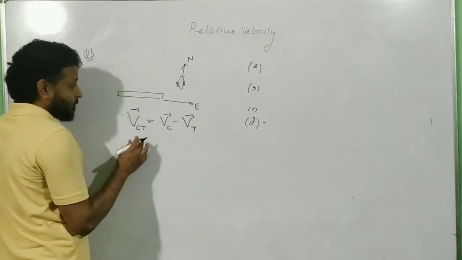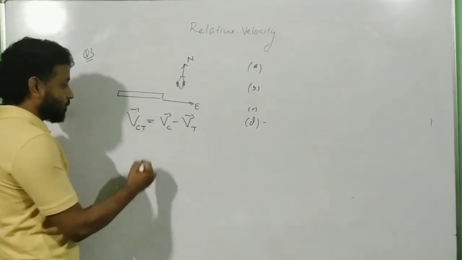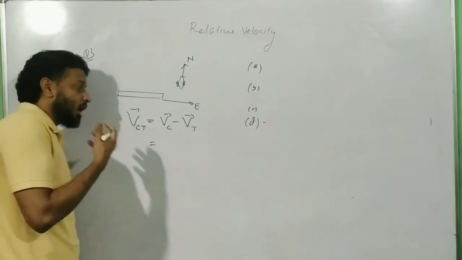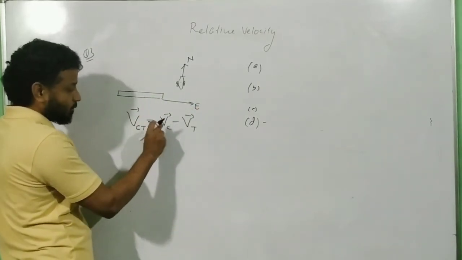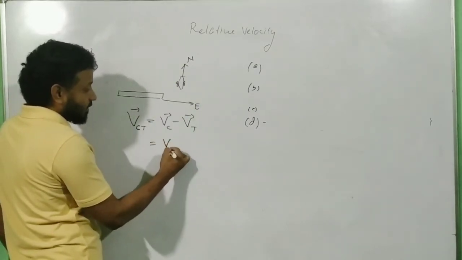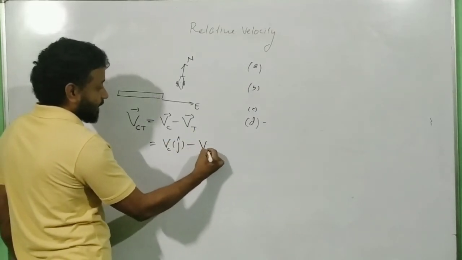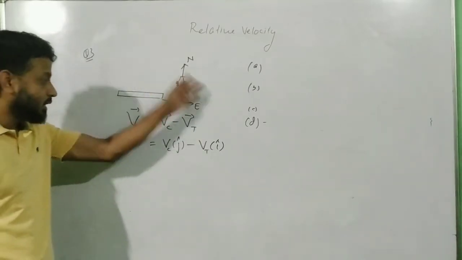Whenever you have to find direction because of relative velocity, these are the kinds of questions I generally get doubts on. Students do ask me questions. I stop where they ask questions. Okay, just listen to me, what I am doing over here. Velocity of car is in the north direction. So what will I write? I will write velocity of car j cap minus velocity of the train. Velocity of the train means which direction? I know it is in the east direction, so i cap.